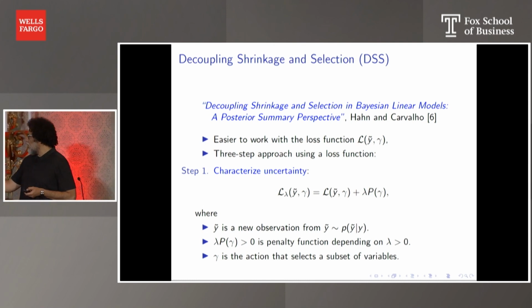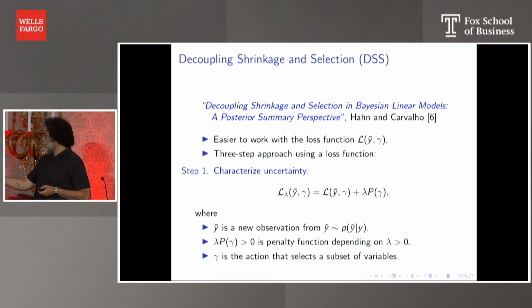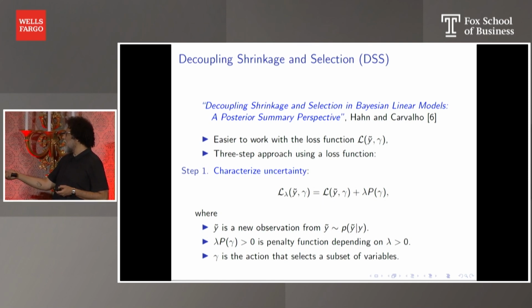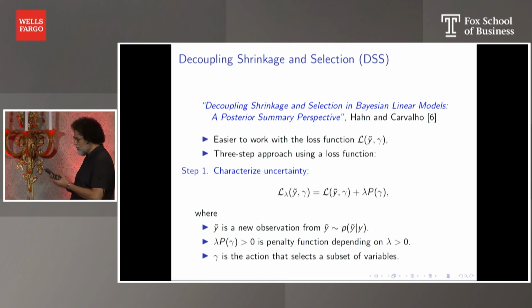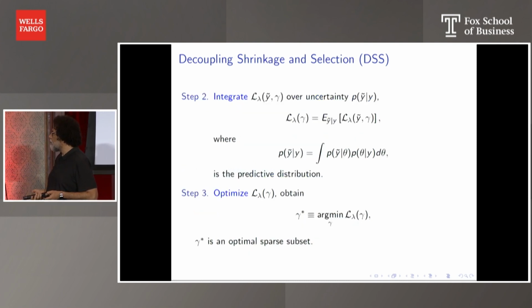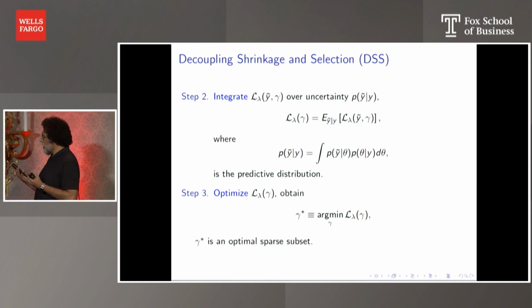The way it's written here, it looks like the usual penalization setup, but this lambda didn't necessarily need to be outside here. It could be indexing P, so it could be anything, not necessarily a multiplication function. Actually, in the paper and his thesis, he doesn't impose that. Okay. So to make things a little bit more